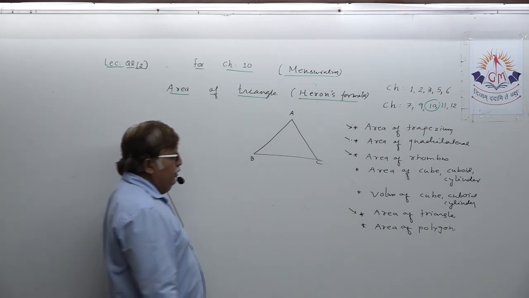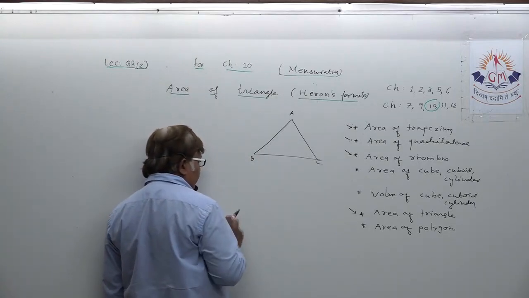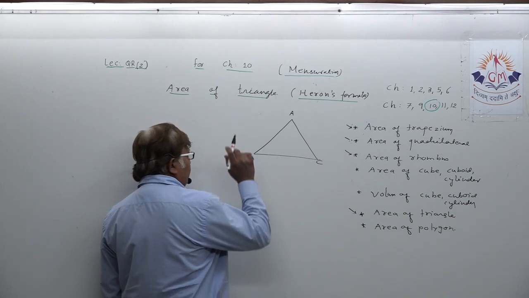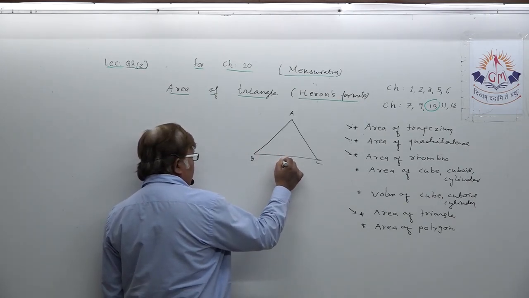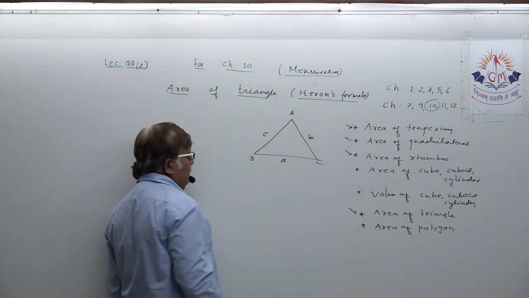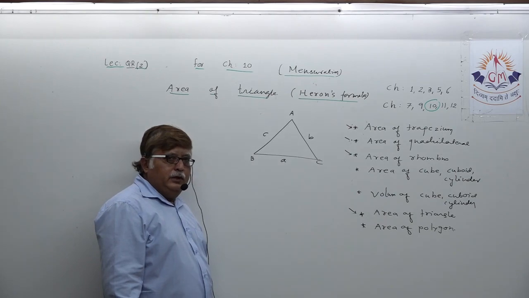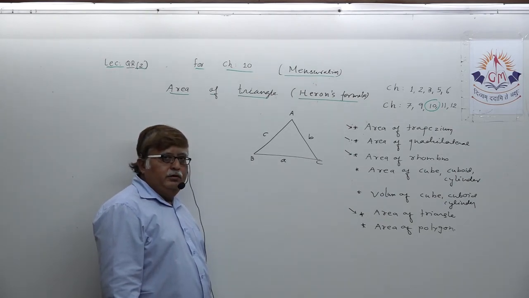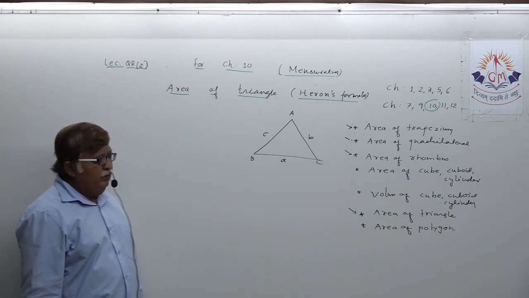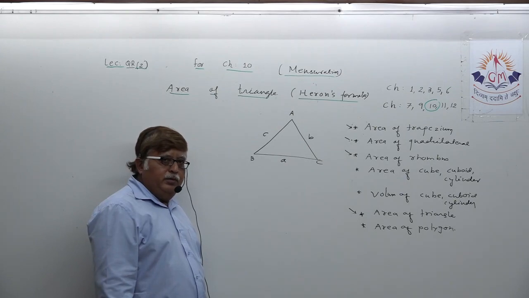So dear student, your mindset has to be very clear that if you want to find area of triangle, you should have knowledge about all these three sides. If you do not have knowledge about all the three sides of the triangle, it becomes difficult for you to find the area of the triangle. So the basic is clear,